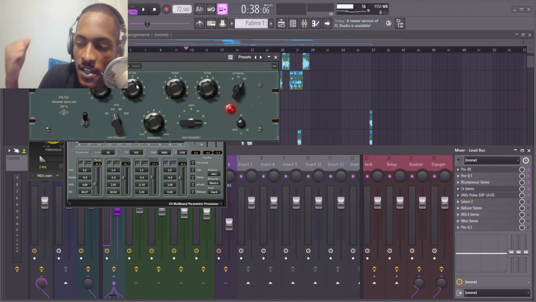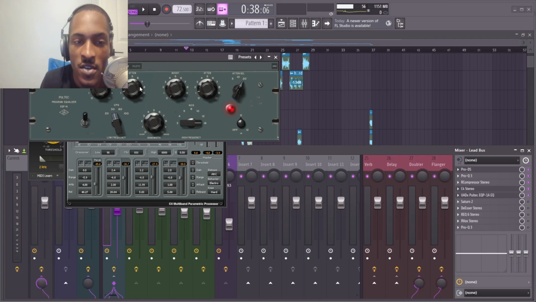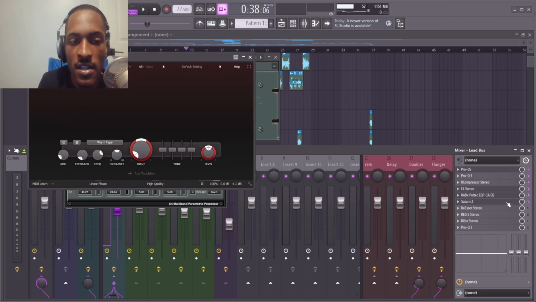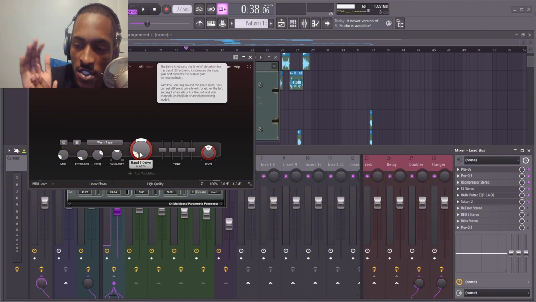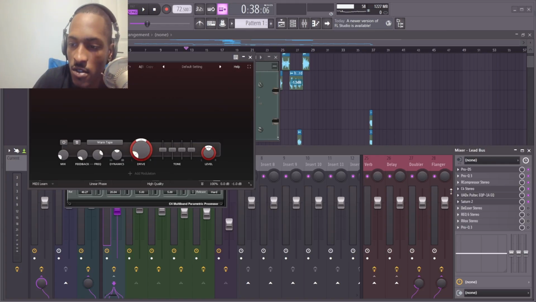The theory behind that is the best way to get rid of darkness is to add light. The best way to make something not cold is to add heat. So the best way to get rid of brightness in the vocal is to add low end. So yeah, that's why I did that. Then I go to saturation, the warm tape, probably just to add some more saturation, just to tame some of that brightness. So yeah, here it goes with and without.